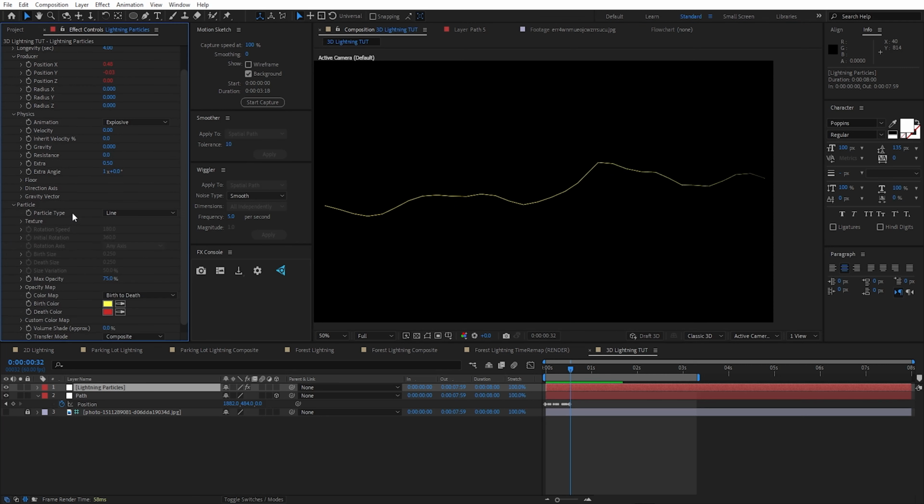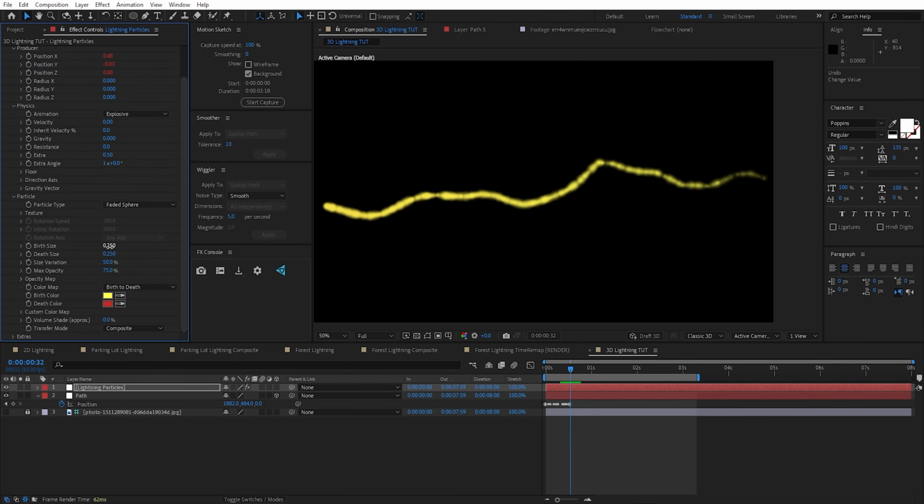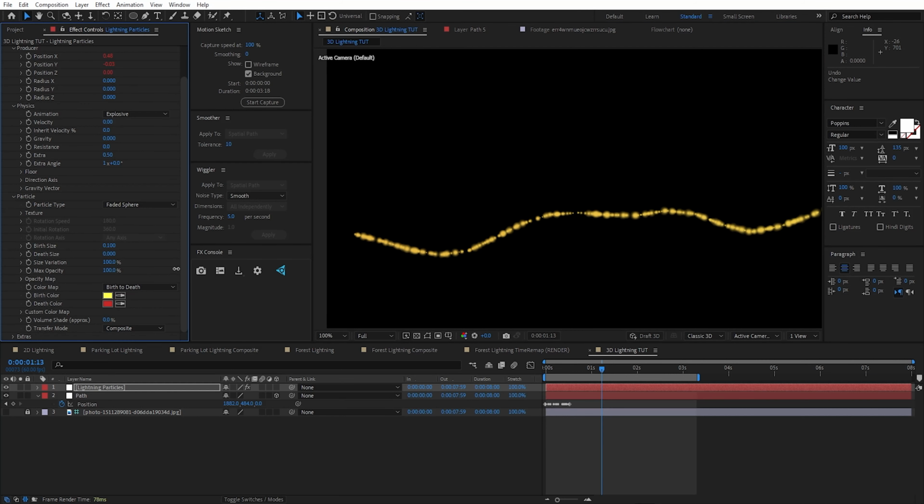Then we'll mess with the particle look. So we'll change the particle type to say faded sphere for now. The birth size, let's set it to 0.1 for the time being, and the death size to 0 because we want these particles to vanish as they die out. Then we'll also increase the size variation to 100% to give it a bit more texture, max opacity to 100%,